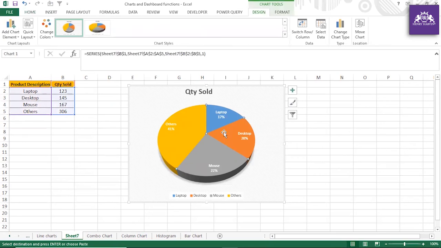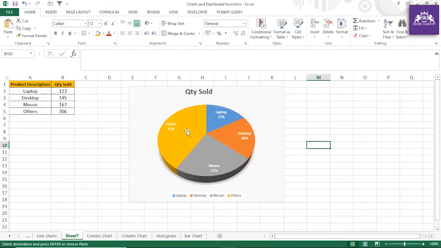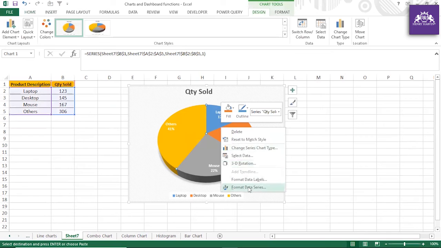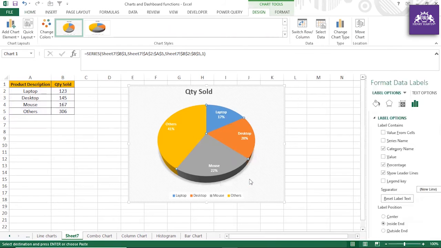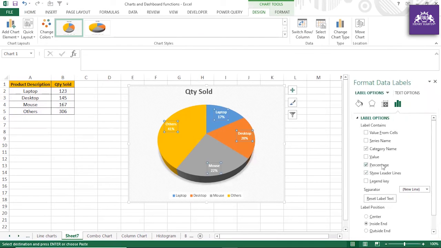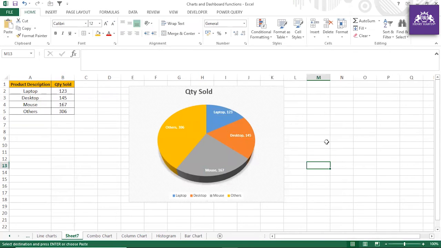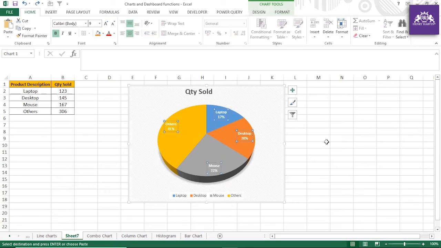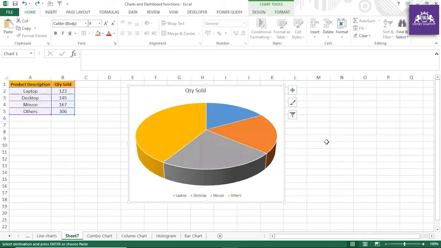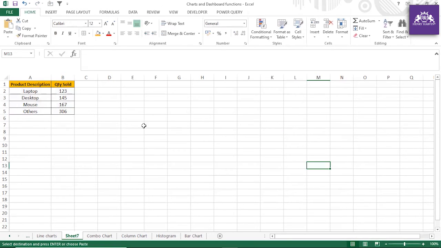Okay, and you know that it is giving you the percentage. And if you want to give the numbers, guys, if you go to format data labels, you have shown that percentage, or maybe if you want to show a value, it will come as a value. So you know that by default, before, let me show you again. We did not do anything, guys. All right, let me delete this chart.